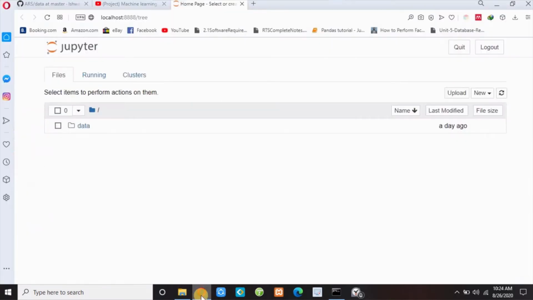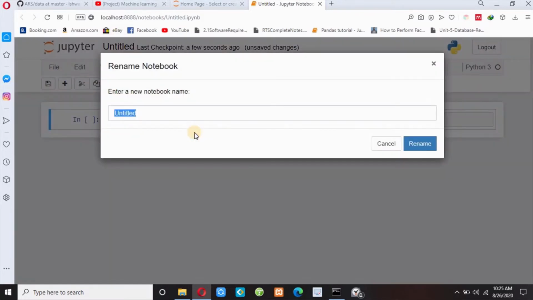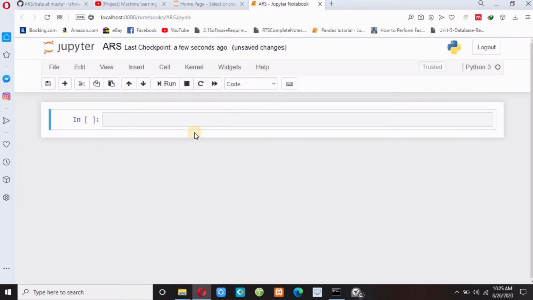Now let me create one Python file here and rename this page as alphabet recognition system. And let me write the title here: part 1, building model and calculate accuracy.